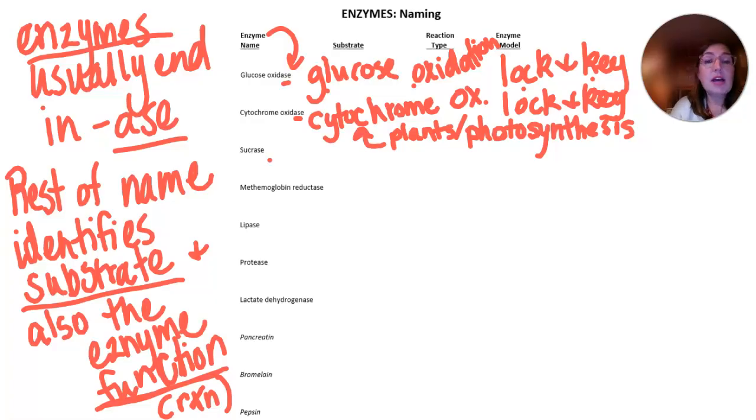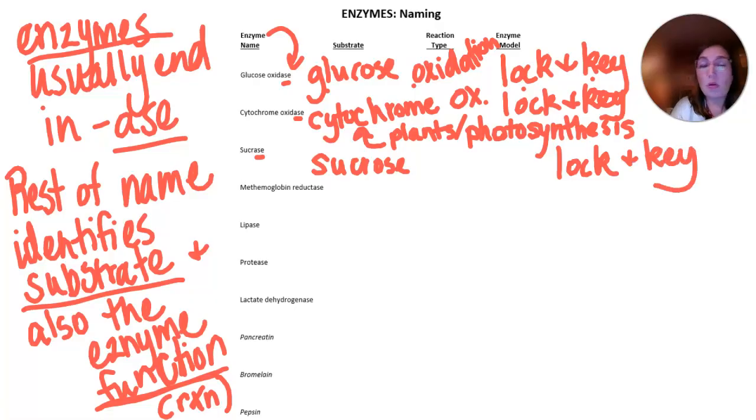So lock and key. Let's do sucrase. ASE ending tells us that it's an enzyme. Our substrate, you guessed it, sucrose. Again, that's one specific molecule. So that's going to be another lock and key mechanism. It's not a whole class of molecules. And this is going to actually be hydrolysis. So hydrolysis of sucrose, you've got a disaccharide. So you can split that disaccharide by hydrolysis. So that's what you're going to do with sucrase. Okay, how about